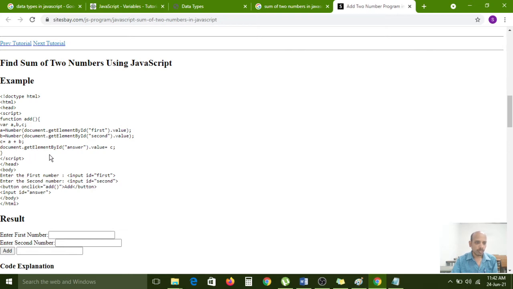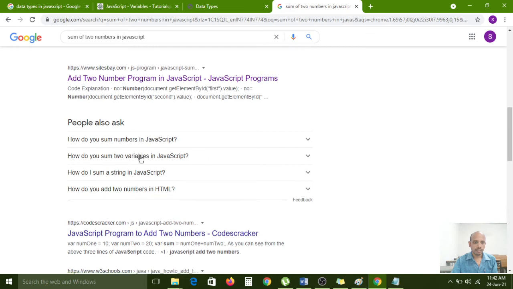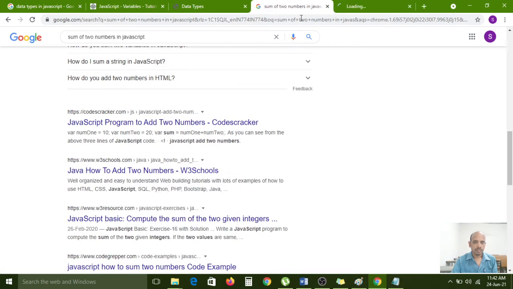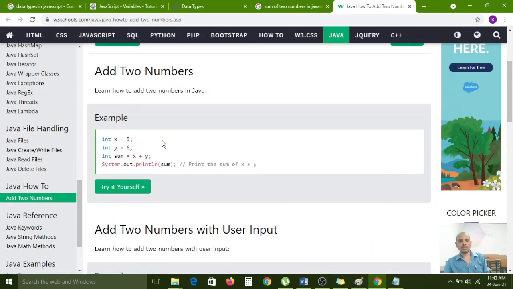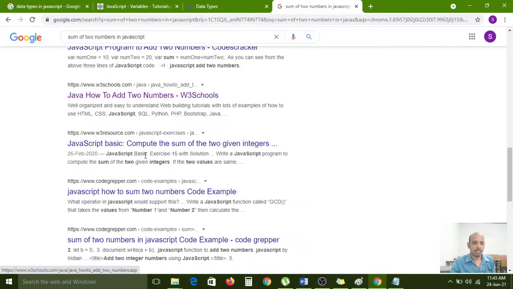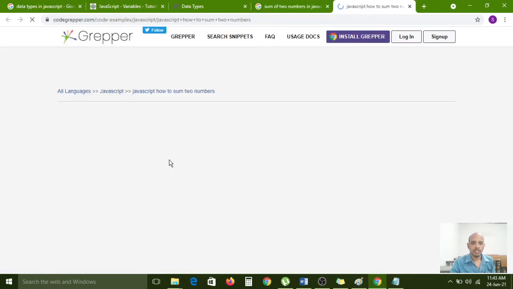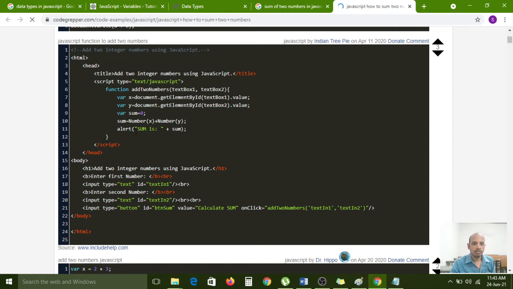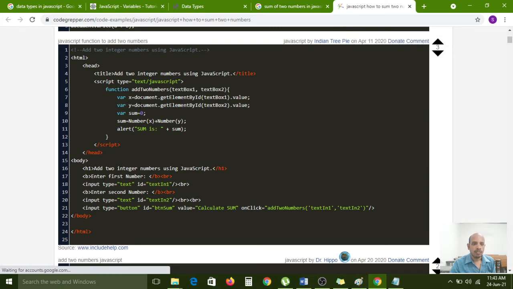In the script tag c is equal to a plus b. Sorry, it is JavaScript. Variable add up two numbers.